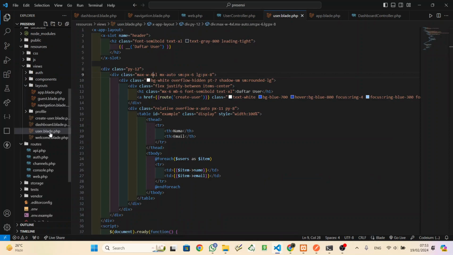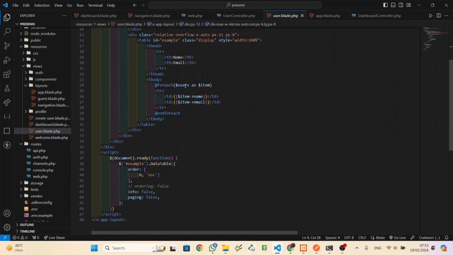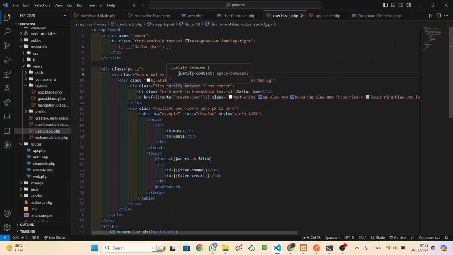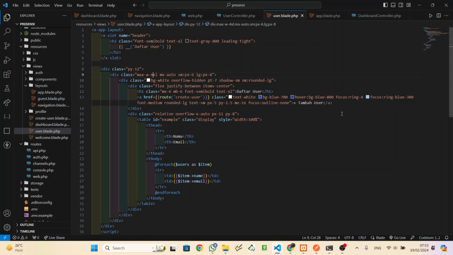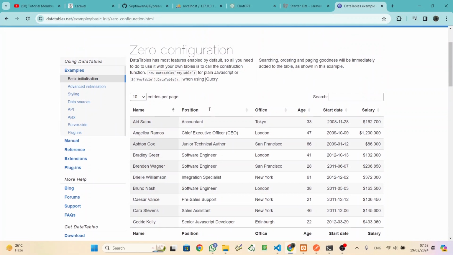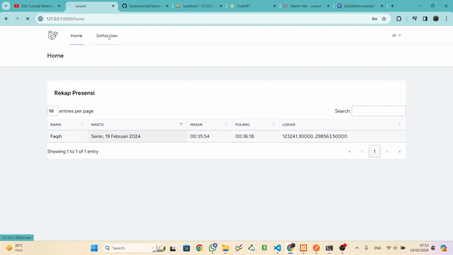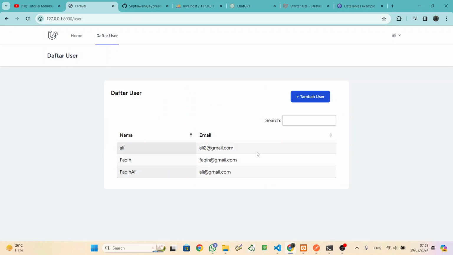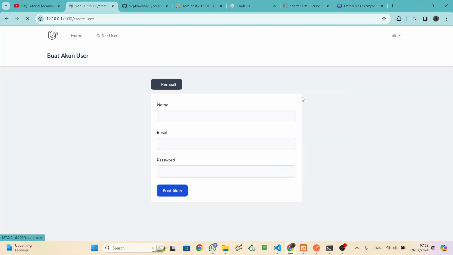So don't forget to make user.blade.php and fill it with this code. You can pause this one. Okay, so as you can see here, daftar user. So this one is just simple. When you want to add a new user, just add a new user, and then like this, just a simple thing.